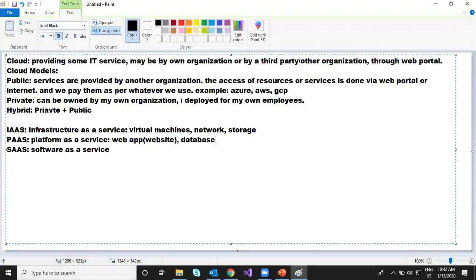But that service, if you will have a virtual machine, then it will come under infrastructure as a service, where you will have access to the operating system, where you can or cannot install IIS in case of Windows or Apache in case of Linux, and then publish your website through that server. I am talking here about platform as a service. When I say platform as a service, I do not have access to the operating system. I do not have access to the network or IP address or a virtual hard disk of that virtual machine, which although it is there, but it is there in the background. Microsoft Azure, they are not giving me the access of that machine on which they are deploying